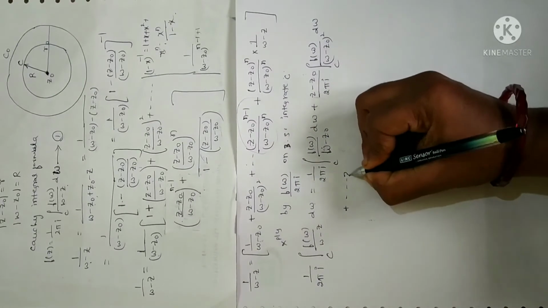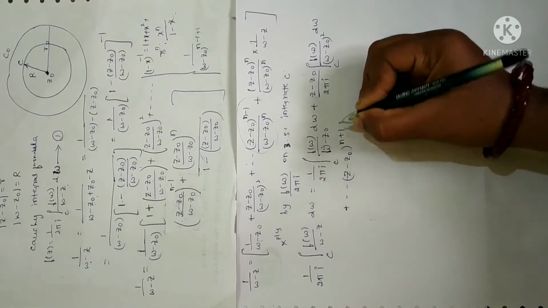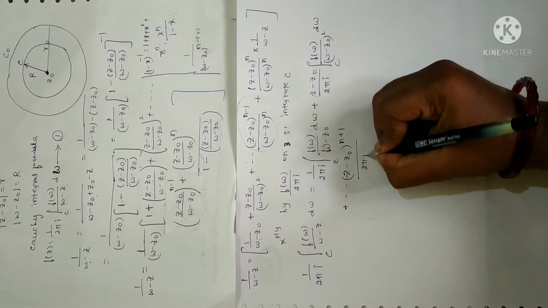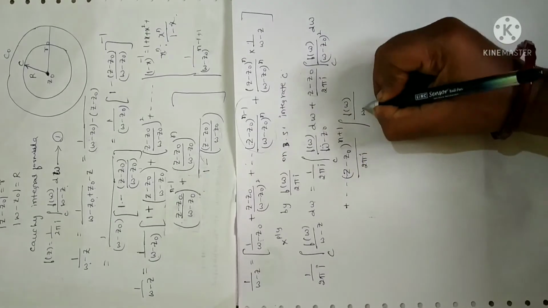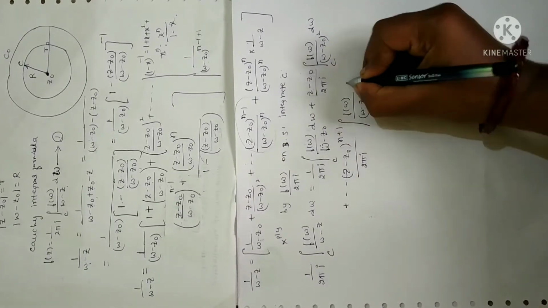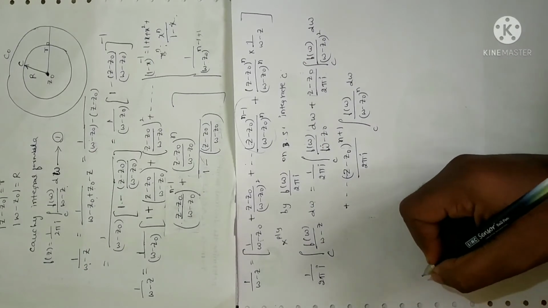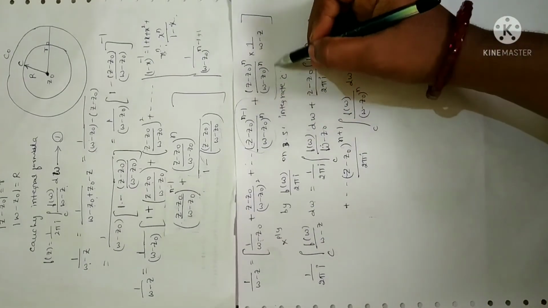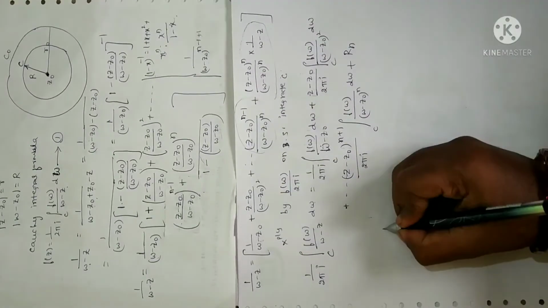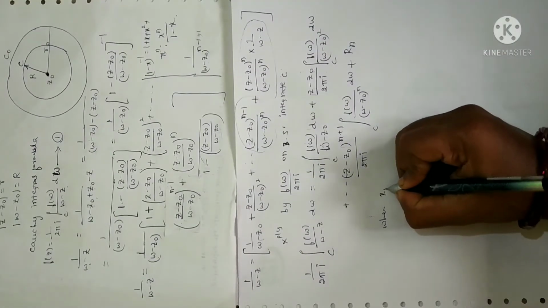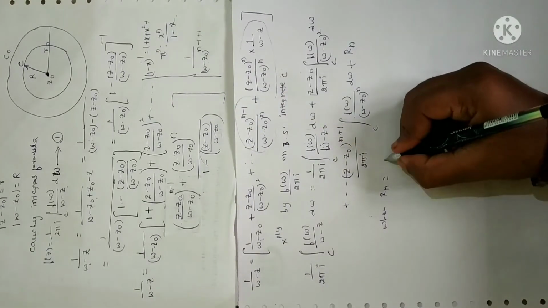So on the last term, I am going to write this term first. This term will become z minus z naught whole power of n plus 1 divided by 2 pi i. I am going to multiply f of w inside, so the denominator will be w minus z naught whole power of n, with respect to dw over C. Clear? Now let me write the last term as Rn, where Rn is given by,